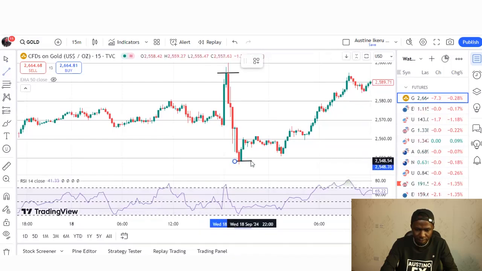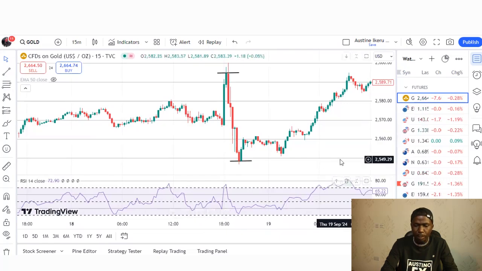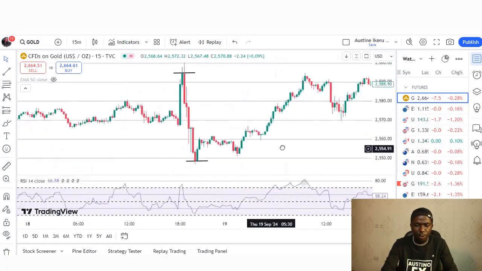So this is the level. This is the level. So this is the RSI, right? You can see that the RSI is very close to the 30. This dotted line is the 30, which is the oversold condition. So once it is very close to it, you can take your buy trade. So the best thing you can do in this scenario is to make sure you are trading